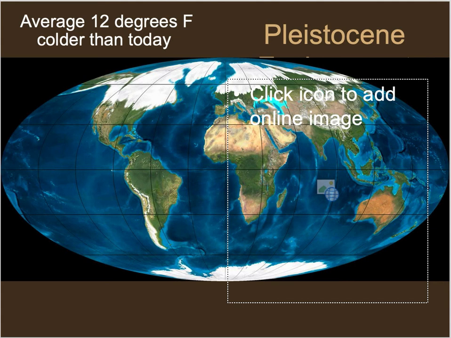So it was 12 degrees colder. The ice caps were much larger. What about the sea levels? Were the sea levels higher or lower? They were lower. If the ice caps are bigger, they're taking water from the oceans, and the ocean levels would be lower. Now, with the warmer water that we have today compared to colder water, what are you going to have happen more